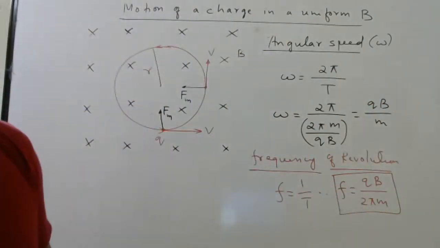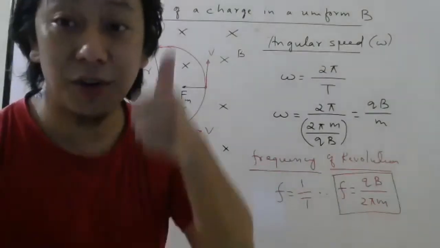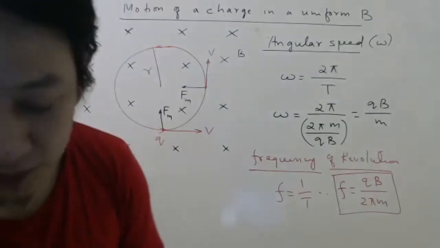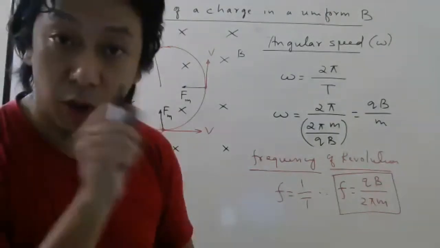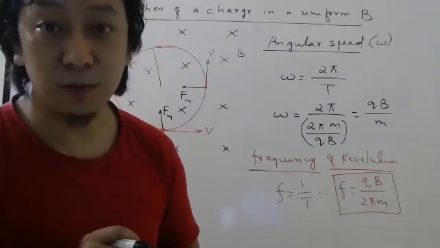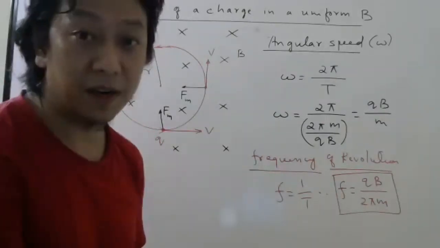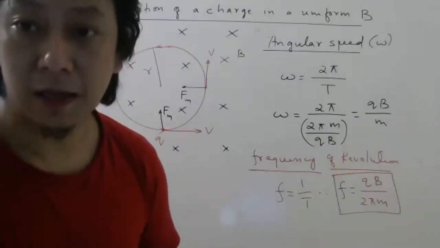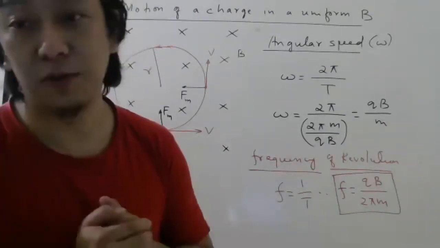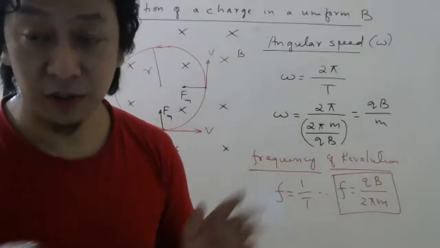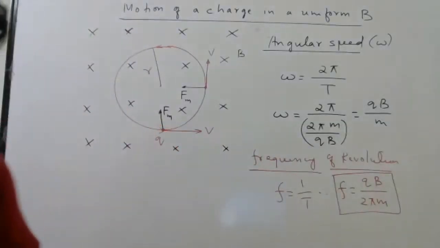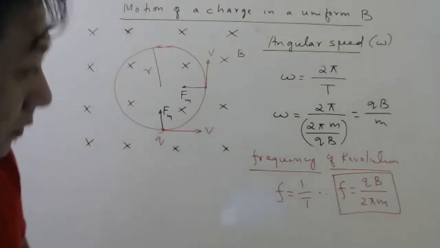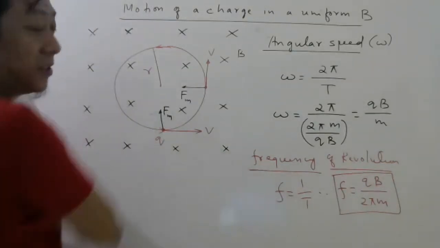Now you may not be able to remember all the formulas, but at least for radius you remember, and for time period you remember. Time period depends only on what charge is moving, what particle is moving. Is it an electron, proton, alpha particle, deuteron? They may ask that, you should know, and the magnetic field you should know. Speed you don't have to know to find the time period. It is a constant. Okay. Finished?